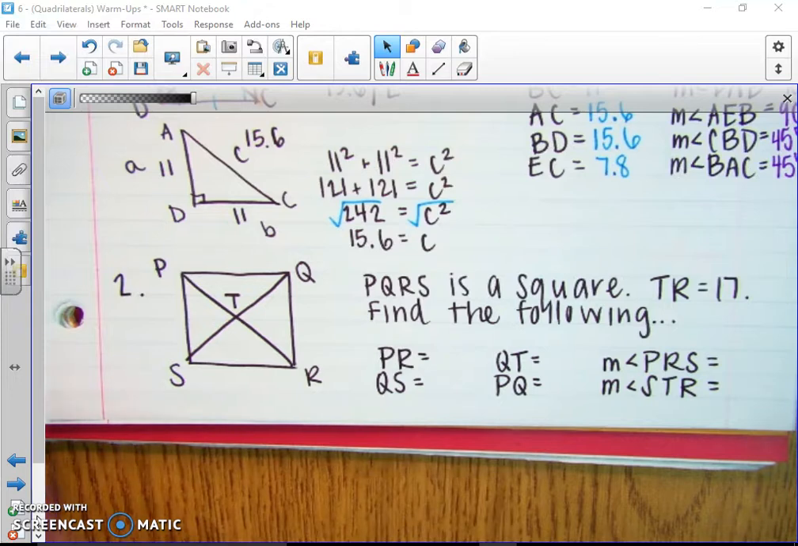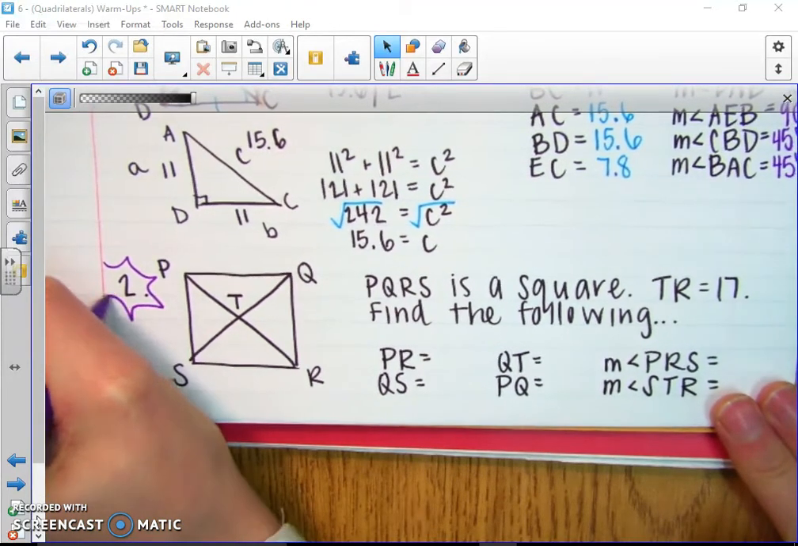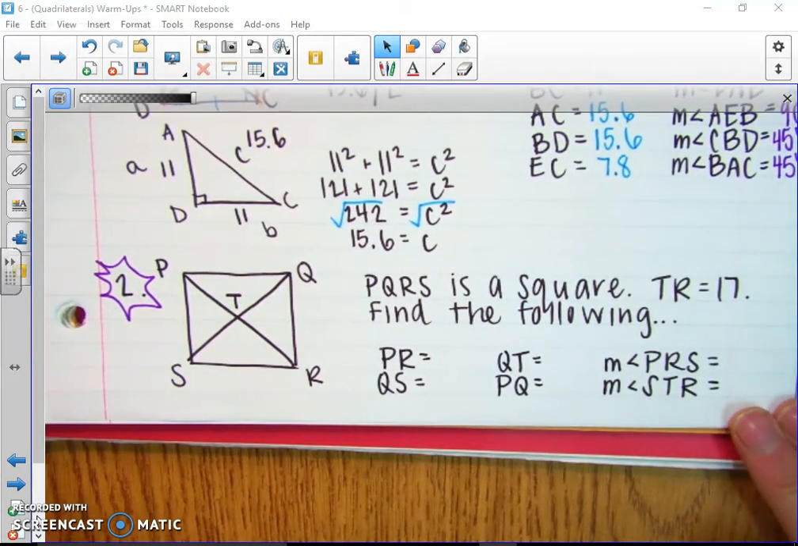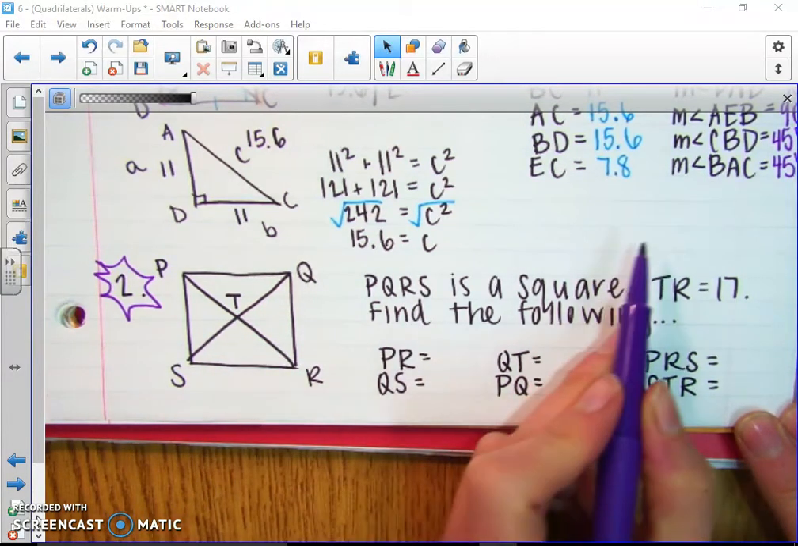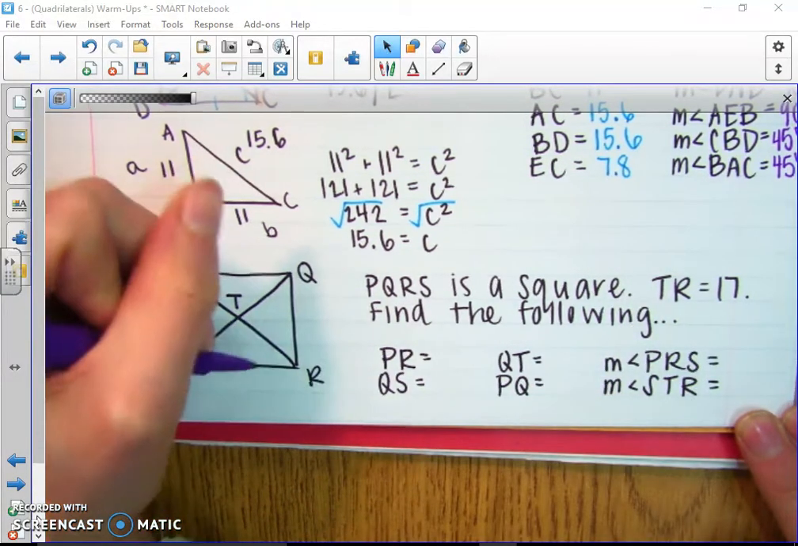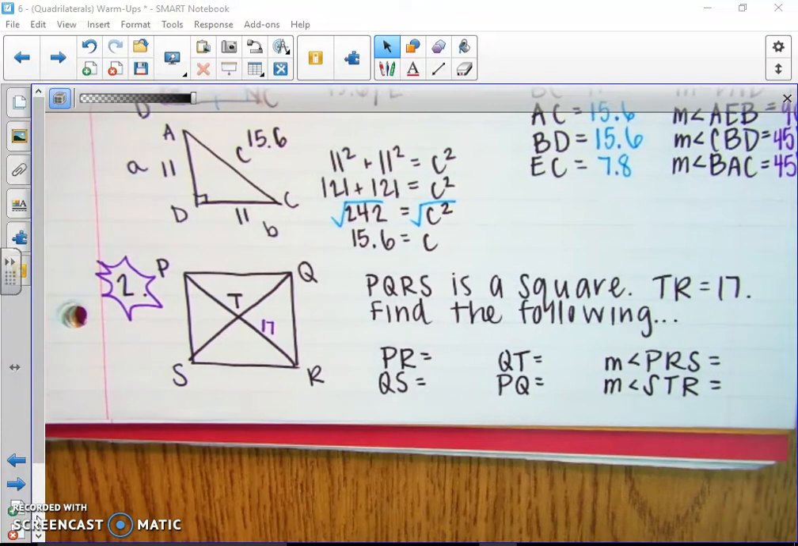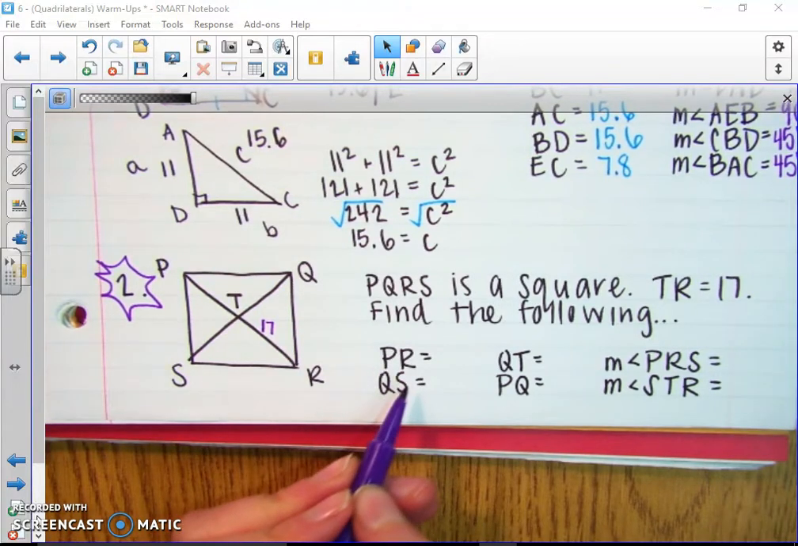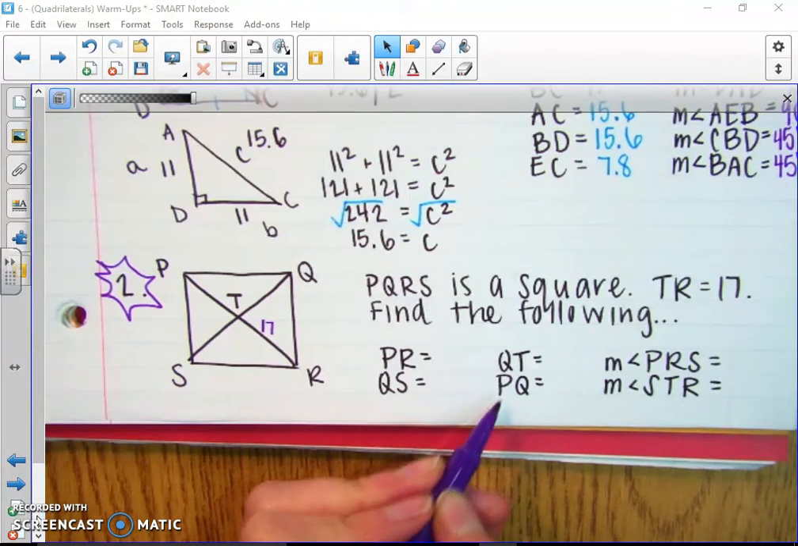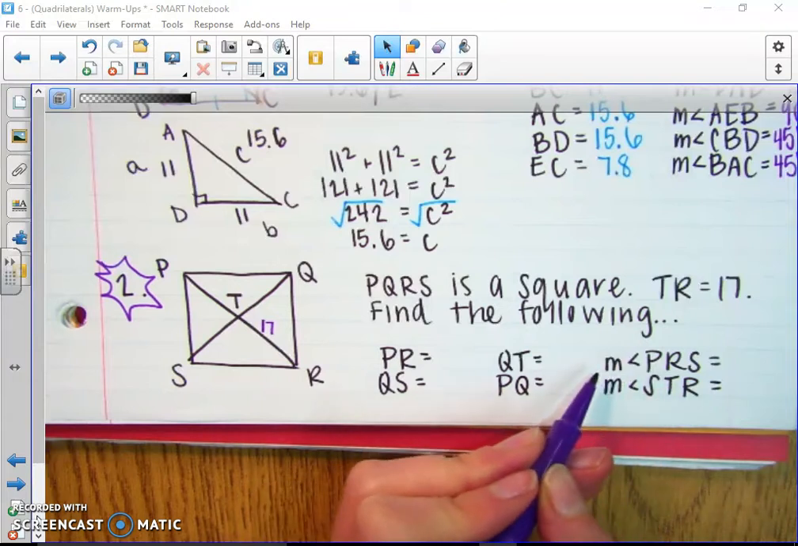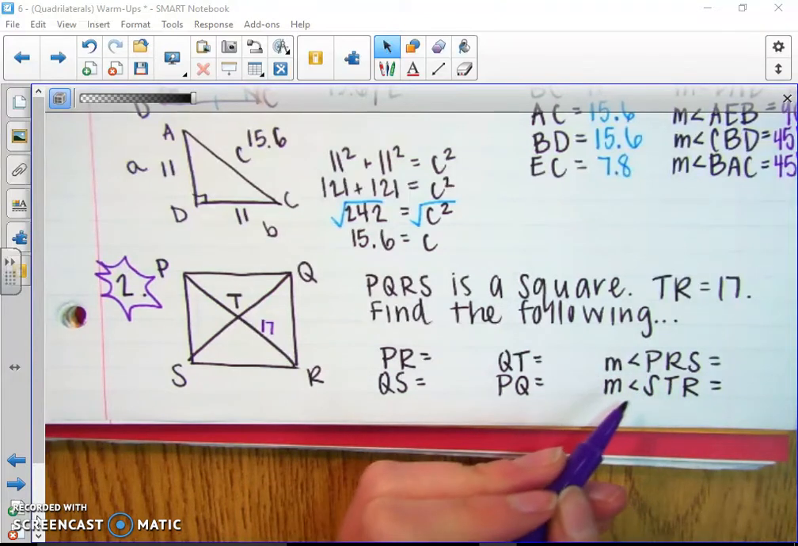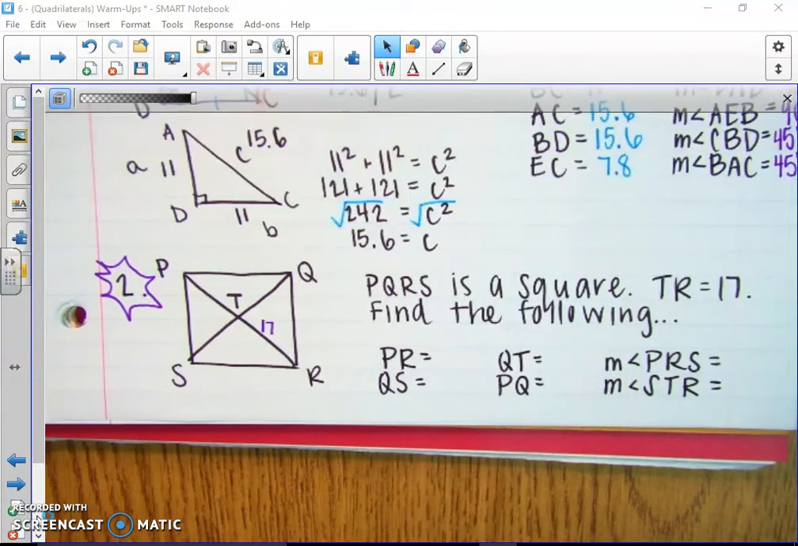So here is number 2. This is the problem that you're going to attempt on your own. I'm going to tell you that PQRS is a square. We're going to say that TR is 17. And then you're going to find PR, QS, QT, PQ, and then the measure of angle PRS and the measure of angle STR. So just a reminder, the measure of angle